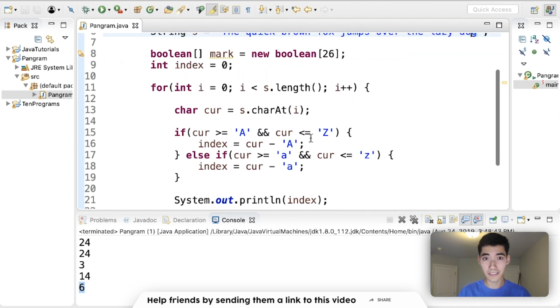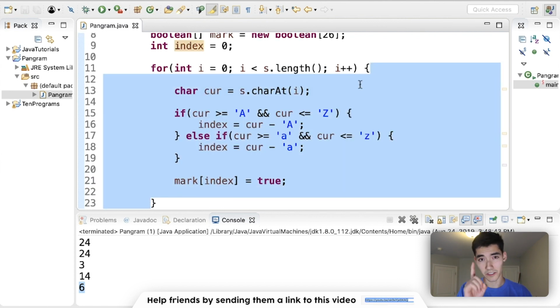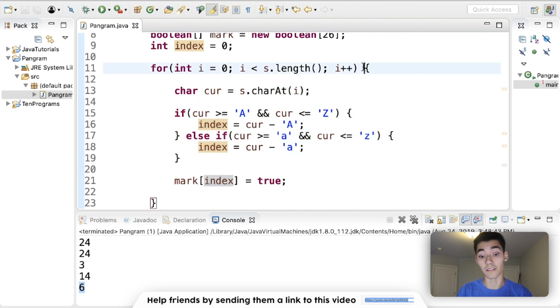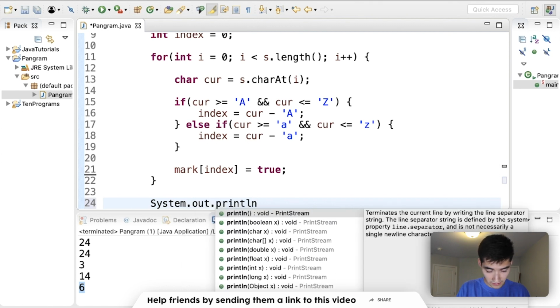So now rather than print it, we can just mark off where we see it in our little blank alphabet. So we can just say mark of index is equal to true, since all this code's being run for just one character. And so we'll keep going through this for each and every character, marking true when it sees the letter. So to see what's going on, we can print out mark,